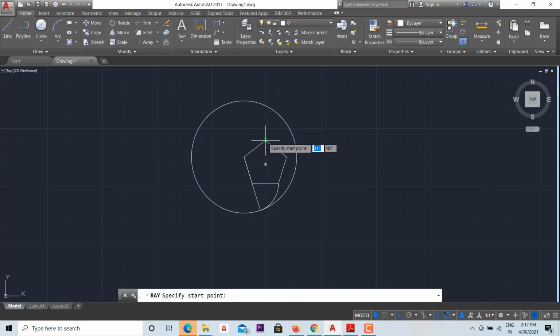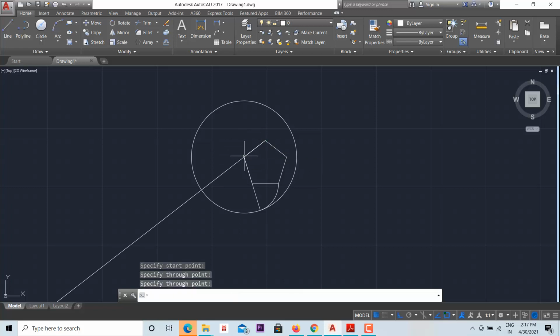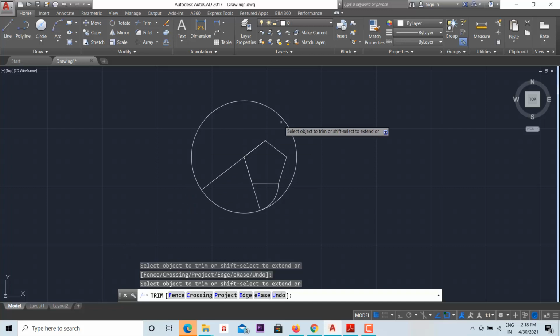In that case select this as the first point and this one as the second point, then press enter. Next you have to use the trim command again. When you use the trim command you have to press enter 2 times. Then you can remove the unwanted portion.